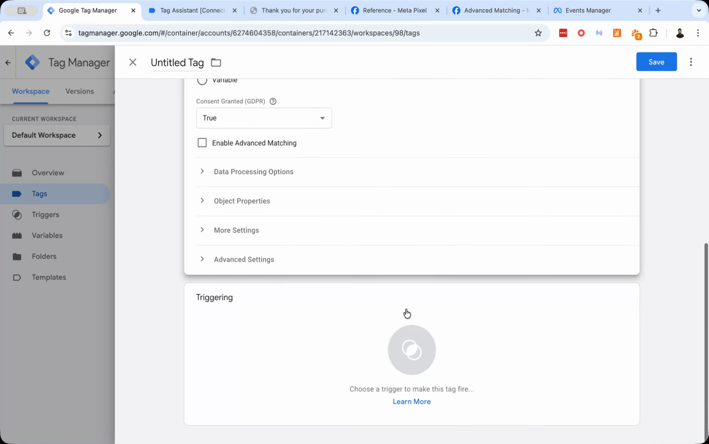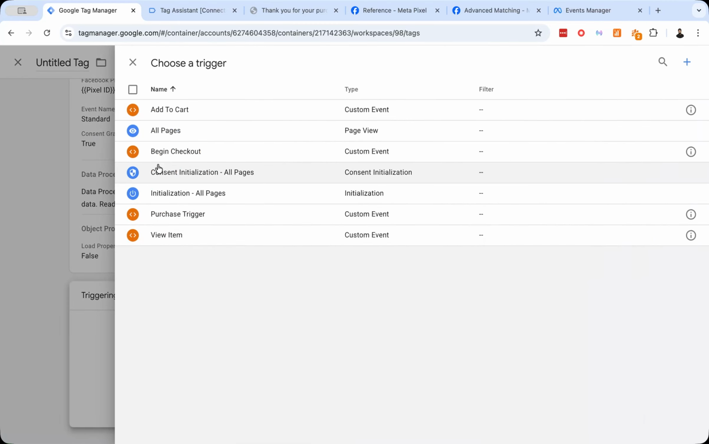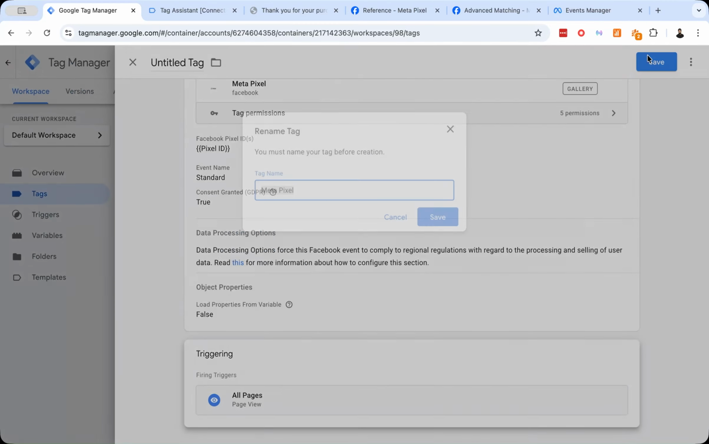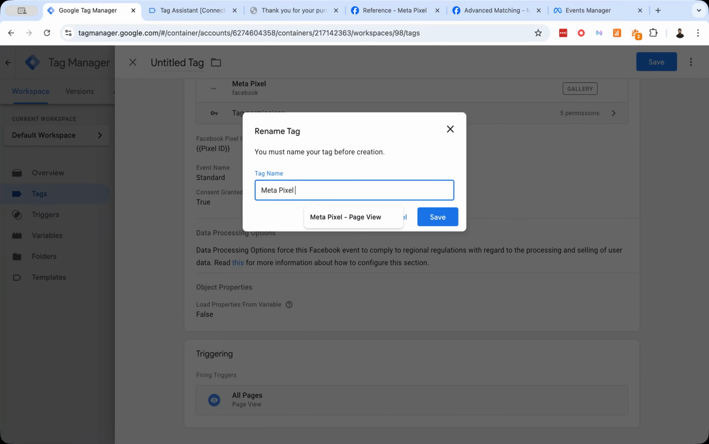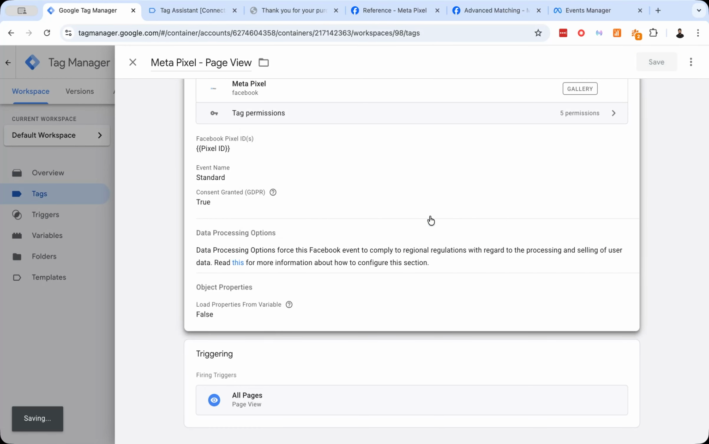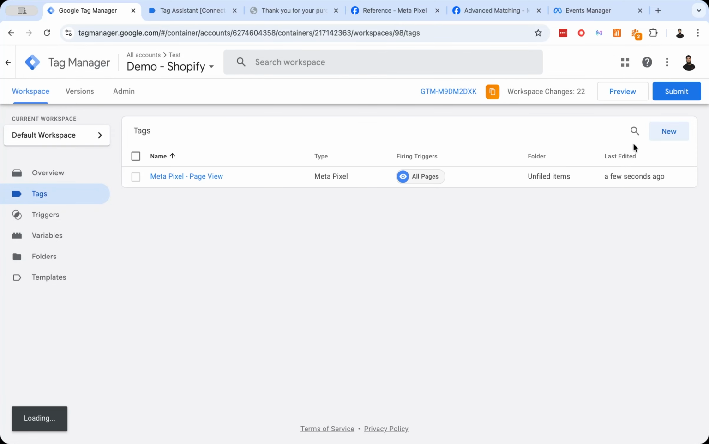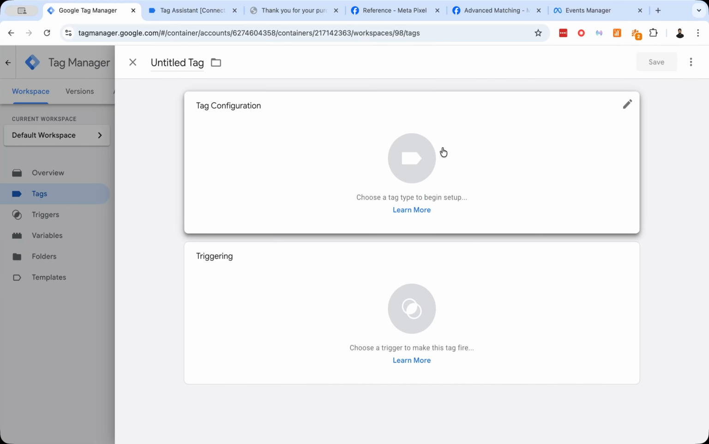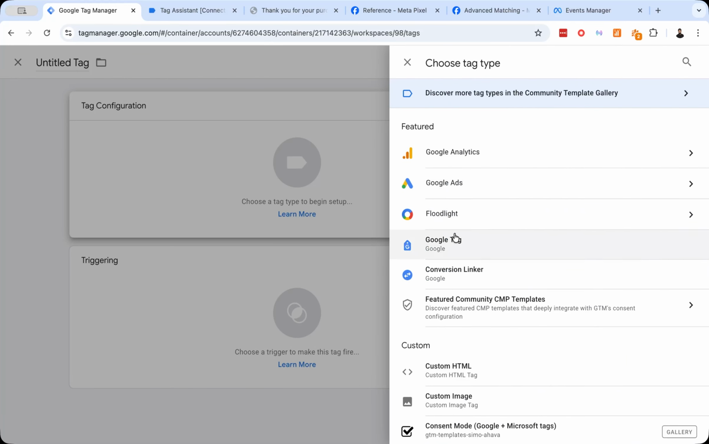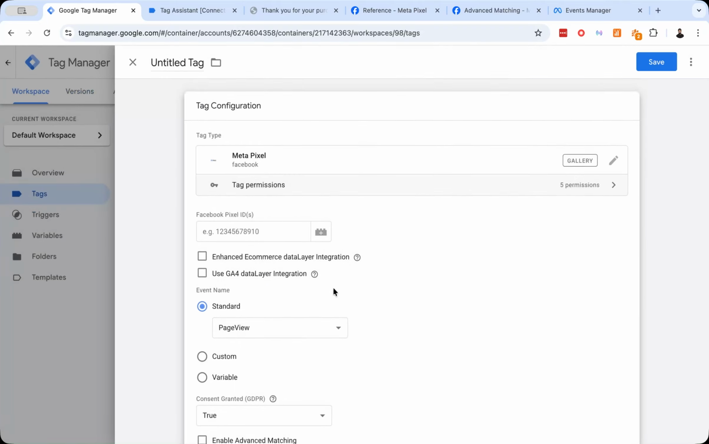Okay, and our first trigger is page view. Name this Meta Pixel page view. Okay, and now our second trigger is